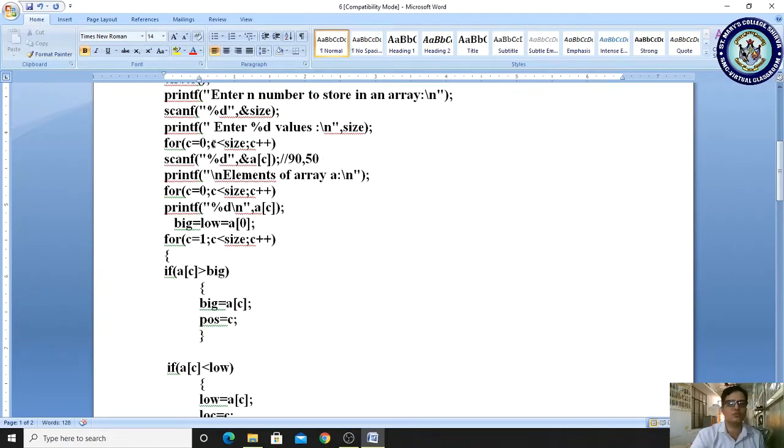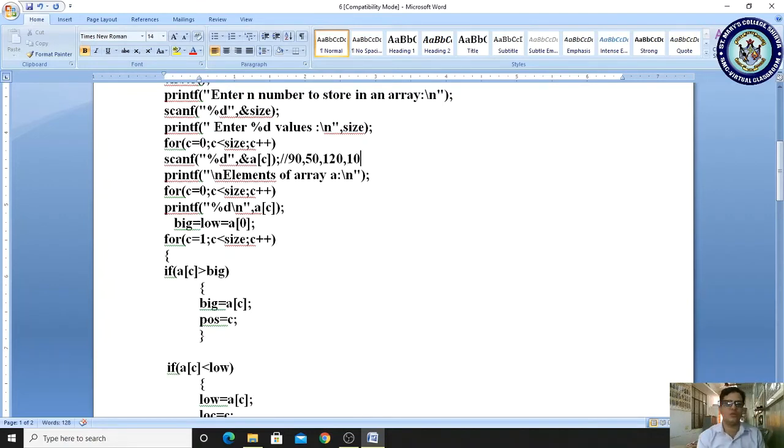Now c becomes 2, less than 5. Condition is true. We have to read the value from the keyboard and store it in the a of 2 location. In the a of 2 location I am storing 120, and once again c will be incremented. Now c becomes 3, less than 5. Condition is true.